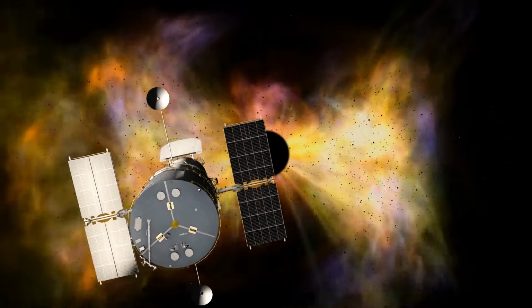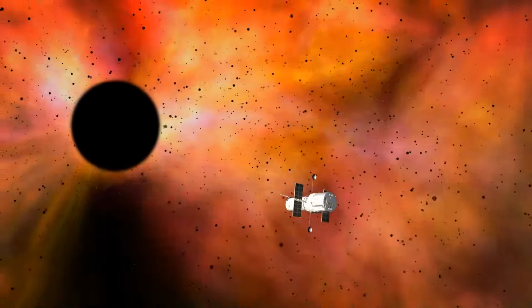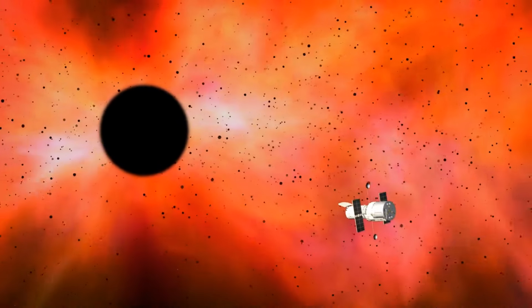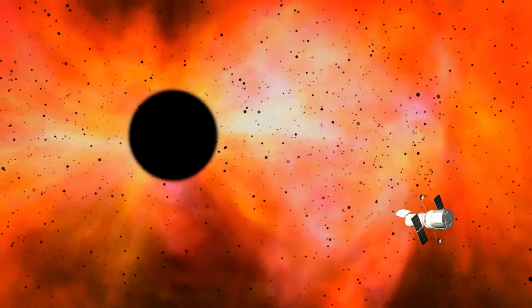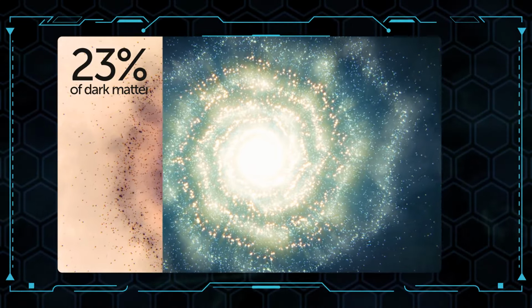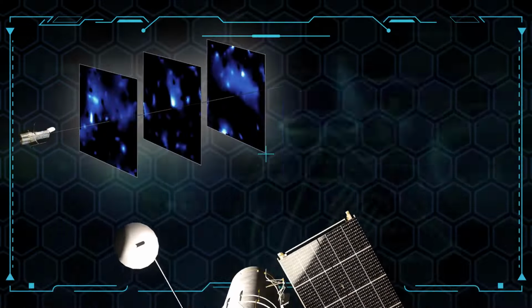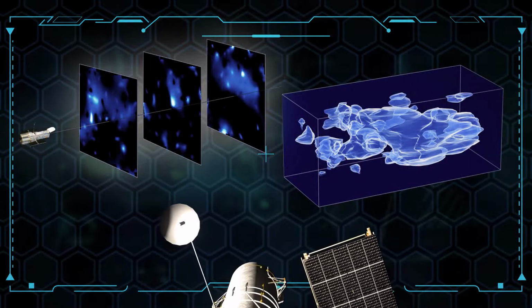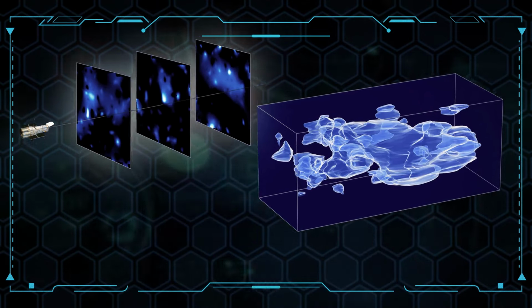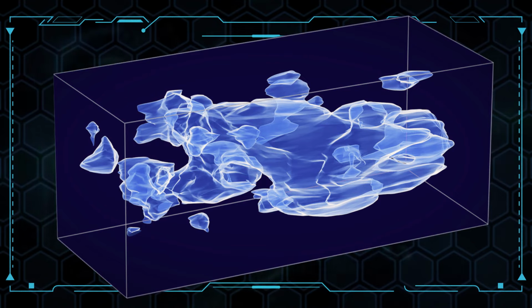Let's look at some other important discoveries we've made with the help of Hubble. Like dark matter, which we can't see but know is there because of its effect on gravity. It makes up about 23% of the universe. By looking at how it affects light, the Hubble telescope helped make 3D maps of where dark matter is. These maps show that dark matter seems to be getting clumpier over time,